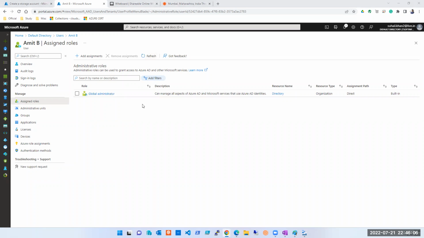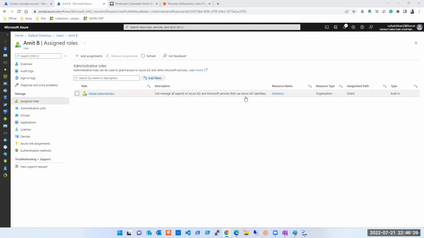So keep asking. The moment I made Amit a global administrator, he can manage all aspects of Azure Active Directory and Microsoft services that are using Azure identities. It is very clear and explicit that it covers only Azure Active Directory and related services.